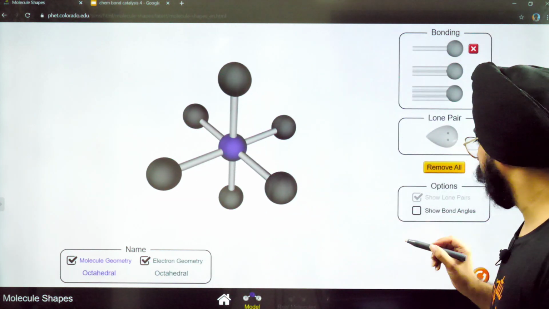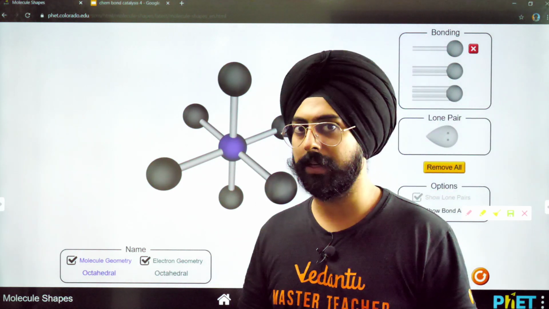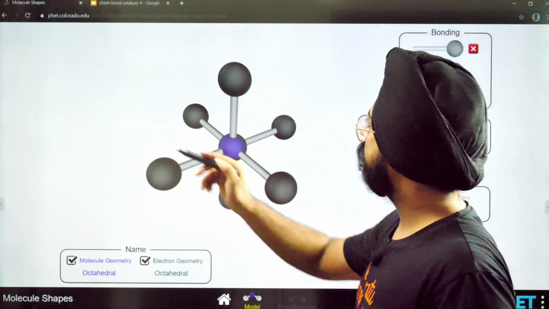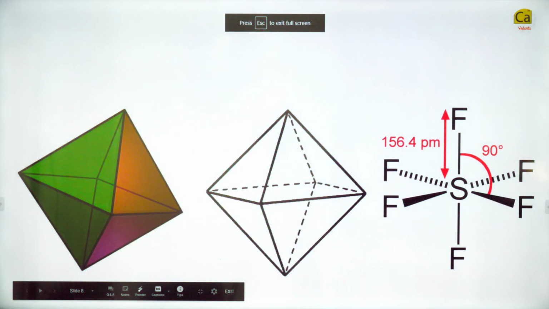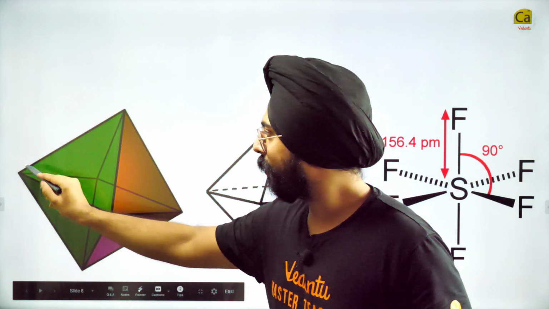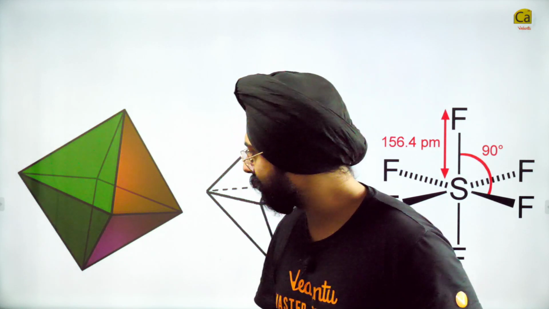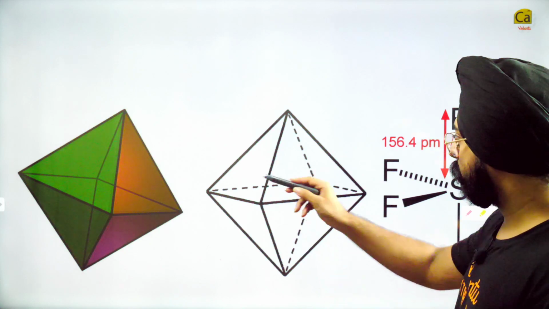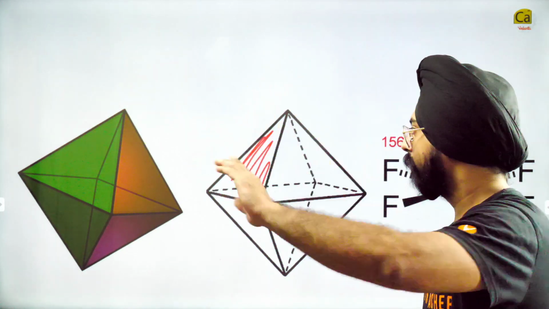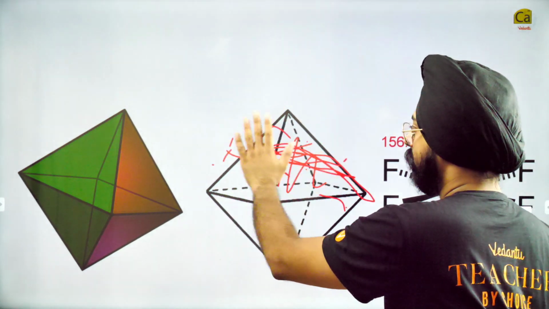Why octahedral? Octa means 8 faces. Octahedron has 8 faces. Let me show you the octahedron over here. I have the image of the octahedron right here. Can you see? Octahedron, 8 faces. Can you count the faces in this case? Let me show you the faces, wait. So this particular one is one face. This over here is the second face. So do you see 4 faces like this?